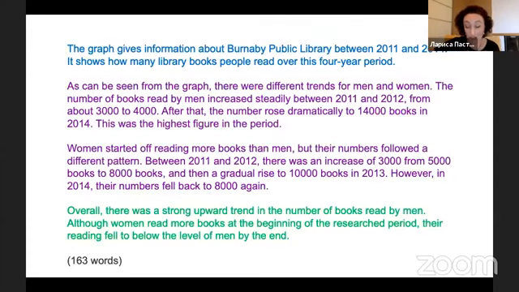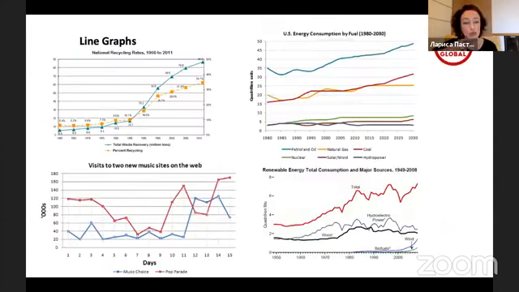So we have mentioned the line graph. So let's look a little bit more. So what is a line graph? It's basically a line graph demonstrates how the degree or quantity of something changes over a certain period of time. As you can see, the horizontal axis is usually a timeline that indicates years, months, weeks,